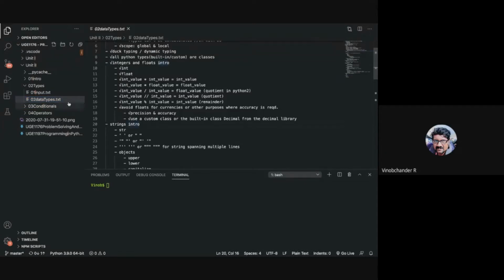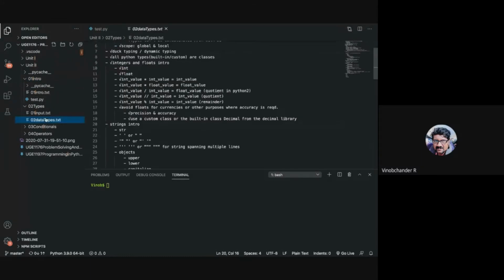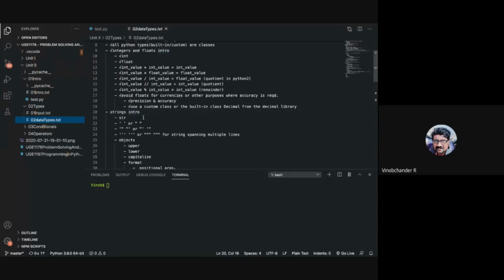Again, let me help you understand this particular part through an example. Strings in Python are of type str. All our objects in Python are classes, so the built-in class name is str, which represents the string class. In order to represent a string in Python, you can make use of either a single quote or a double quote.